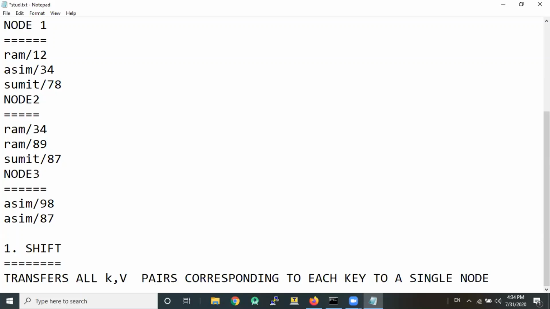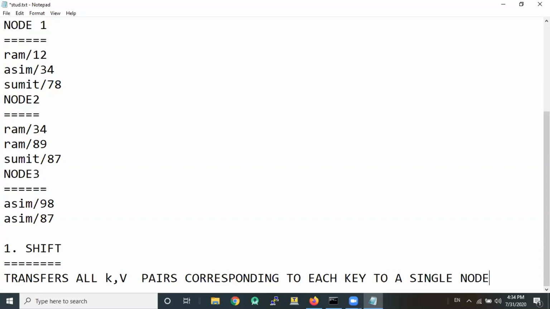What does shift do? Let's take an example. Ram is distributed over two nodes, as we can see. The marks of Ram, the rows corresponding to Ram, are distributed over two nodes. So what will shift do?